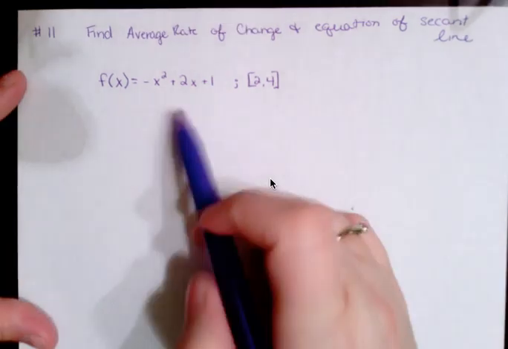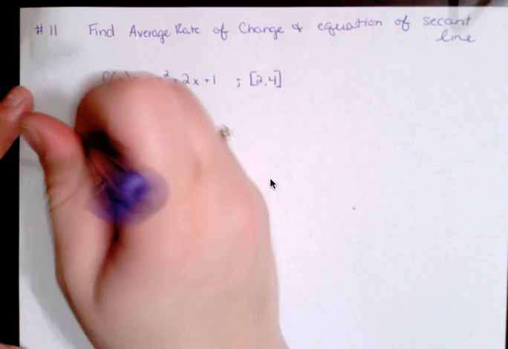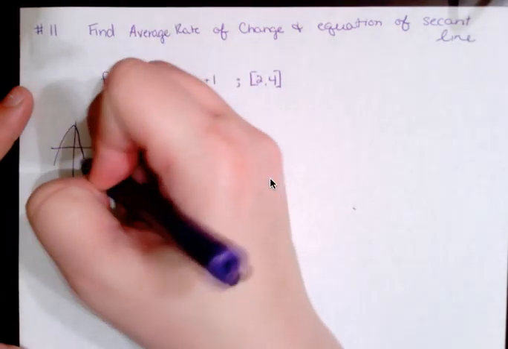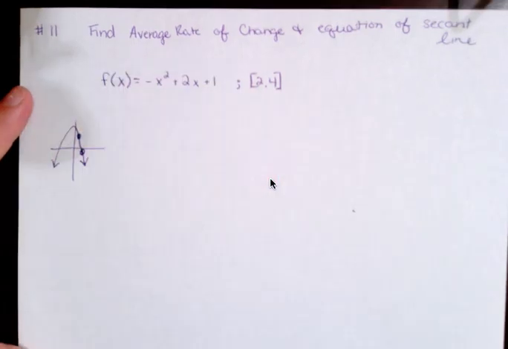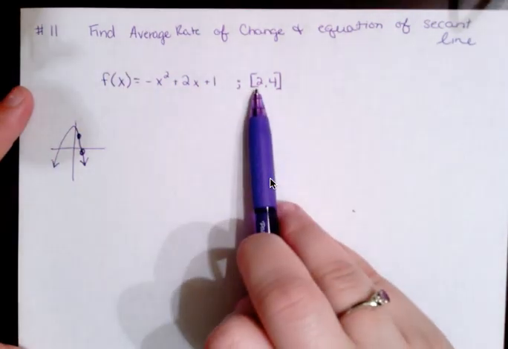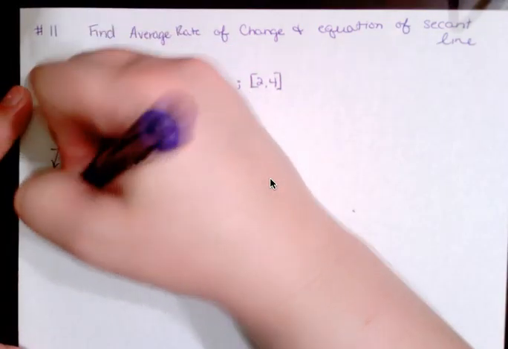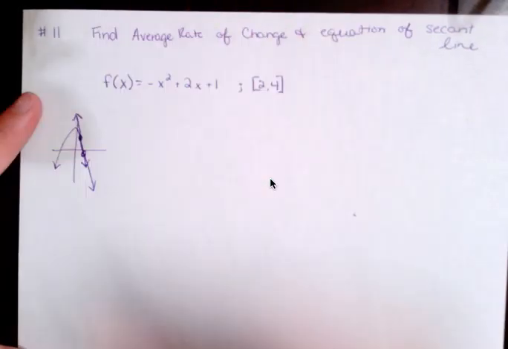So if I were to sketch this, I know it's going to be negative. So I'm just going to do a really rough sketch. It's probably not even going to look anything like it. But say this is 2 and this is 4. Okay? Because this means on the interval between where x is 2 all the way to 4. So here are my 2 points. So if I were to draw my secant line, my average rate of change is going to be the slope